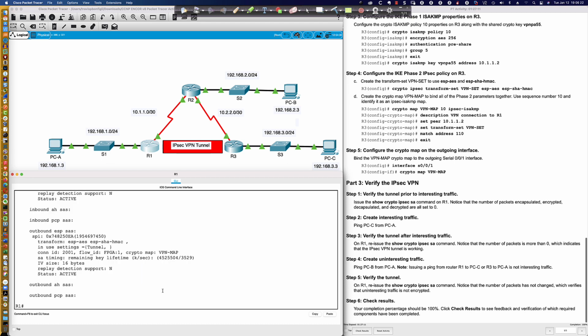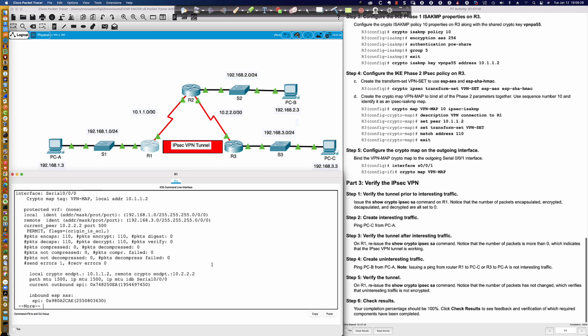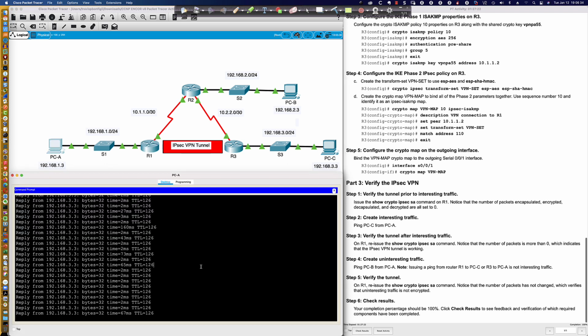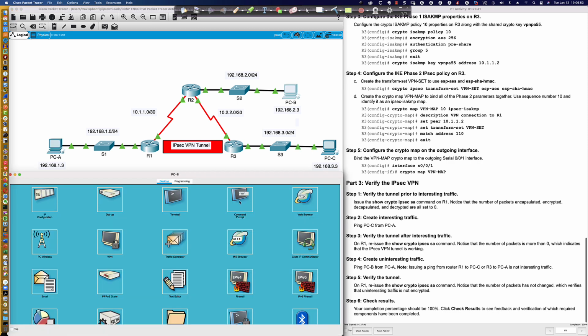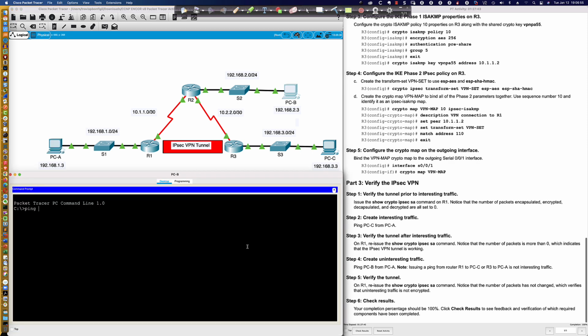And let's go down here. And so now this is what's going to be important, right? If I run that command again, you can see that the ping is running crazy. Let me stop the ping with a Control-C here. And this PCB that we've been ignoring this whole time is going to be the uninteresting traffic, because this is not going to match the crypto map. And it's not going to match the ACL in the crypto map because I'm going to originate this traffic from PCB. So let me ping